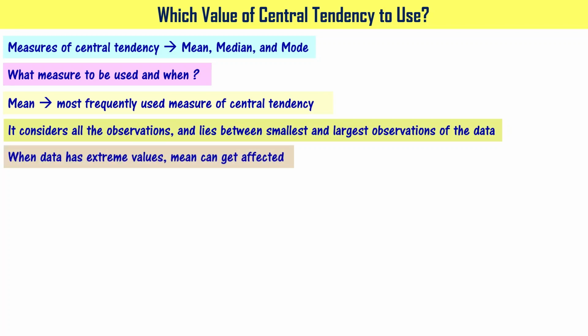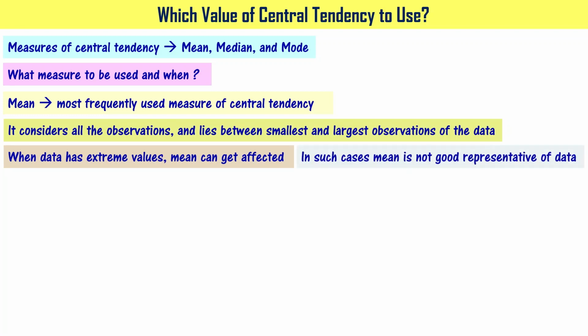But when the data has extreme values, mean can get affected. For example, if everybody is attending the class, once in a while they may take leave, then mean may be representing average attendance percent of the class, right? For example, 4 or 5 students are not coming regularly, then mean percent is going to get affected because of these numbers, right? This is an extreme, people are not coming to the class. When you have such a thing, you have a problem. Mean percentage of attendance of the class is getting affected because of those 4 or 5 people who are not attending.